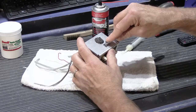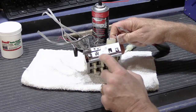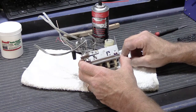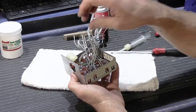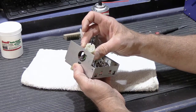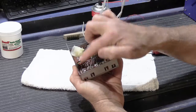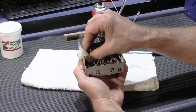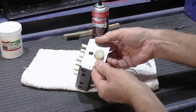And I would simply bend back over the ones that were originally bent. There seem to be ones that aren't bent over, and I guess it wasn't necessary, so let's just assume that NuTone knows more about it than I do. So once you get it bent back into place, then you take the plug, you line up the index here with the cutout in the circle, like that. And you simply push it back through from the back,